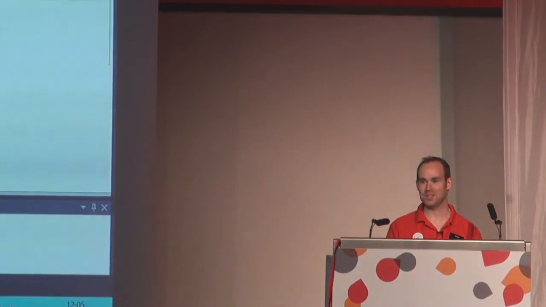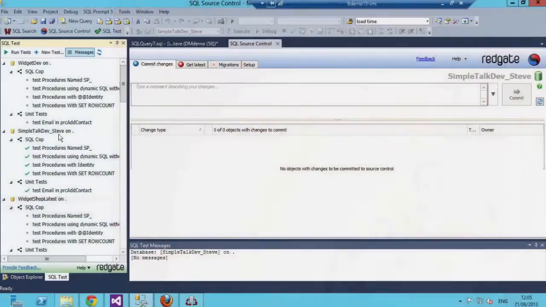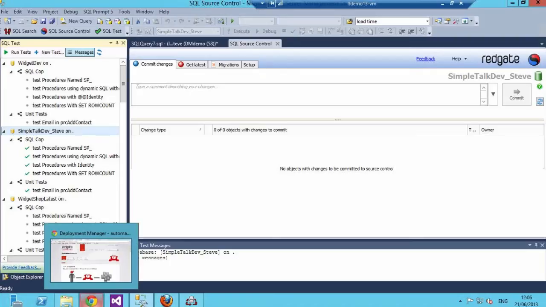Yes. Okay, so that's a really cool open source framework that lets you write stored procedures as the tests. We have a tool at Redgate called SQL Test, which allows you to run these tests inside Management Studio. So we can run the tests here. Some we created before. So you can test various parts of the database, the logic. And additionally, we can put these into continuous integration.